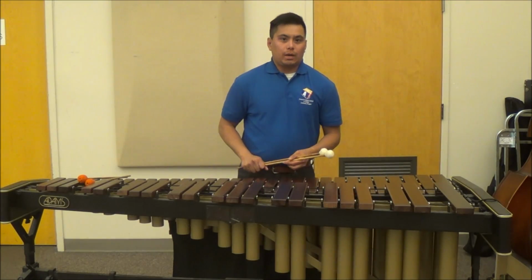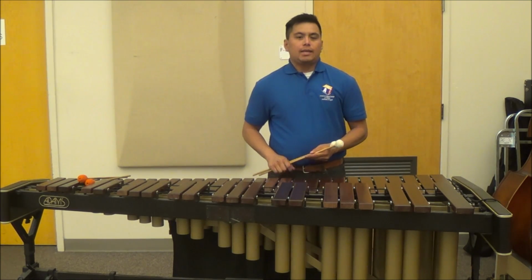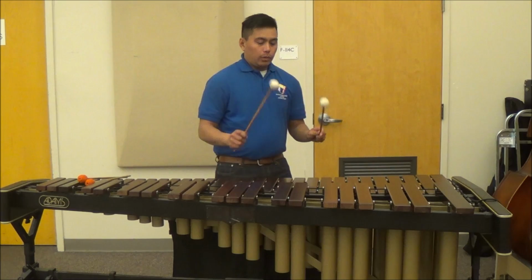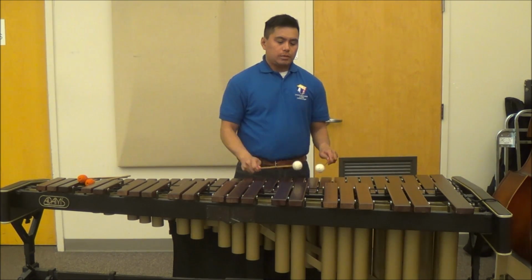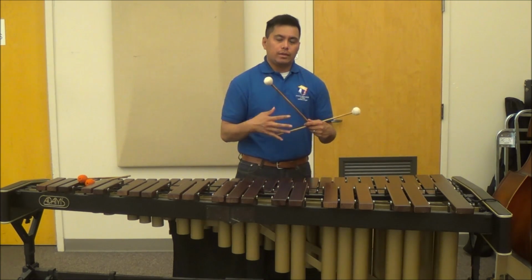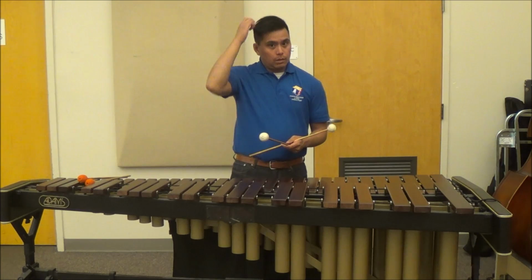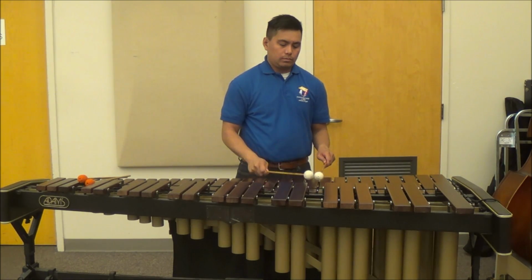Now I'd like to talk about how to roll on the mallet instruments. It is very different than rolling on a snare drum. What we are going to do is we are going to use a single stroke, and we're going to want to try to fill as much of the note as possible. For example, if I'm trying to roll on a quarter note, and this is my quarter note,